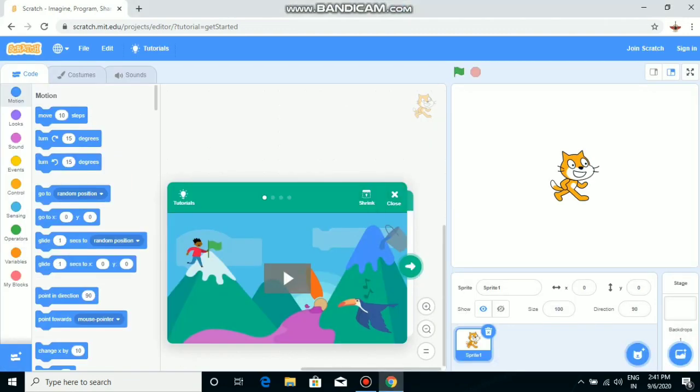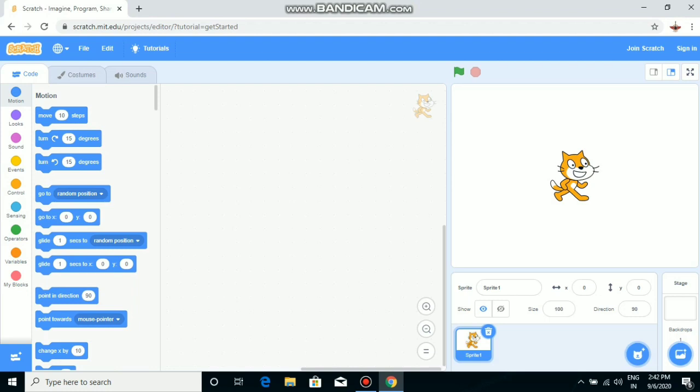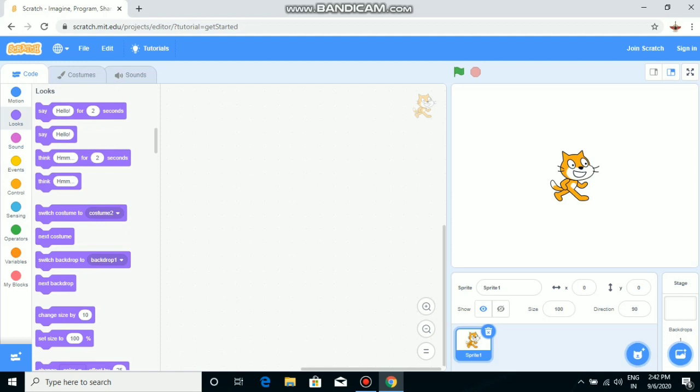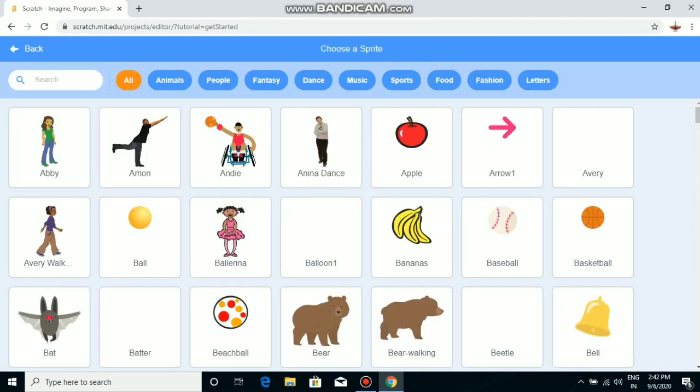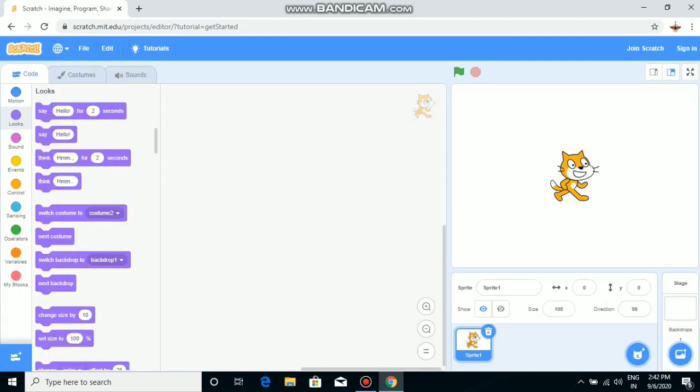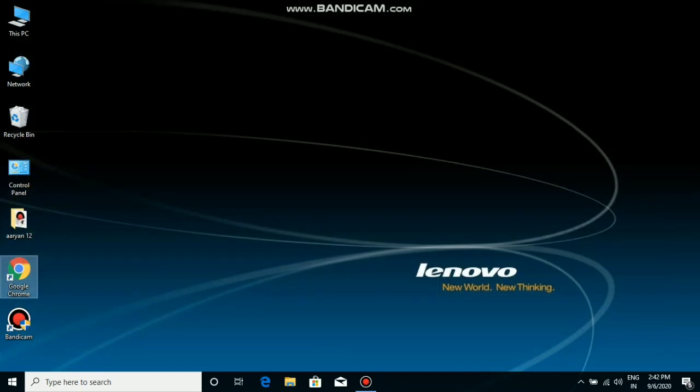And yes, now you can see the blocks at the left. There are inbuilt codes written in those. It means you just take a block and paste it in the blank screen on the right side, and you can give instructions very simply. At the right side you can see that cat, which is called a sprite, and you can select many sprites. There are many sprites present in Scratch, and you can select a background also. I'm going to tell you this much only about Scratch in this session.